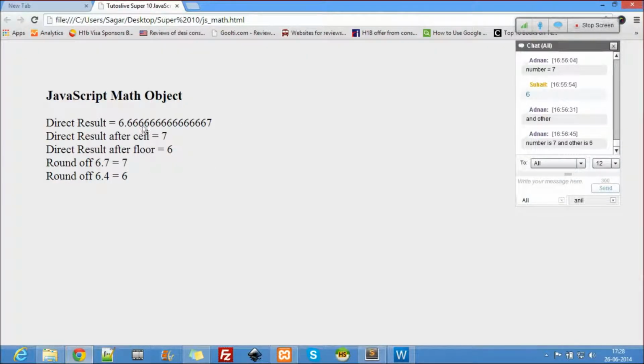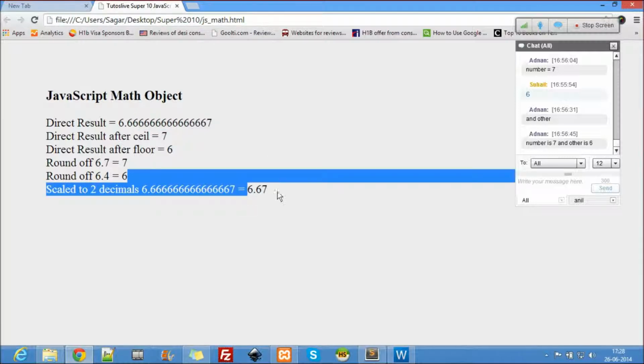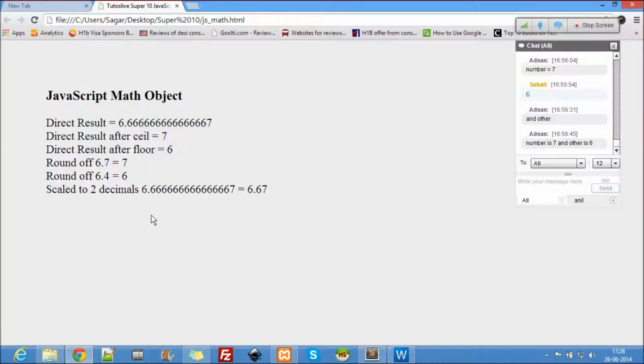I don't want this result. What I really want is 6.66. I don't want round figures. I want something in the decimals itself, but I don't want 16 digits. I just want only 2 digits after the decimal. So let's see, 6.67. You see, I rounded them off. I just scaled the whole number to 2 decimals using toFixed.